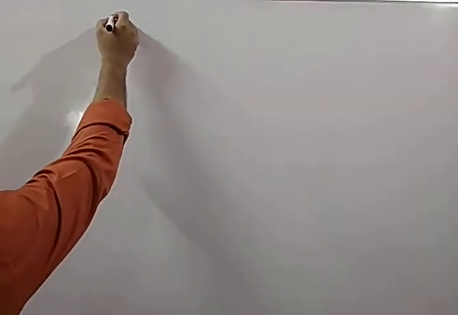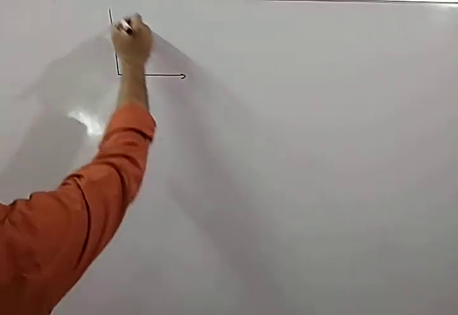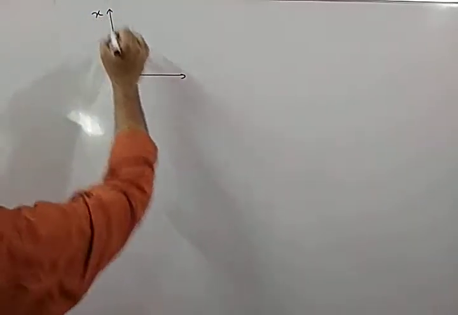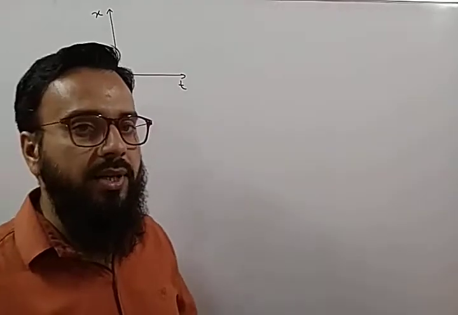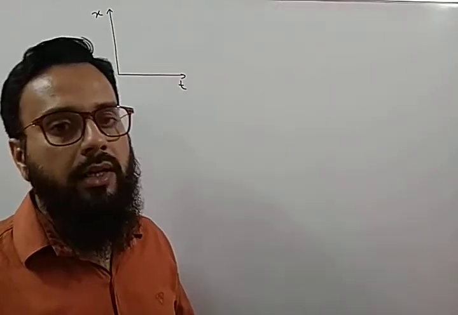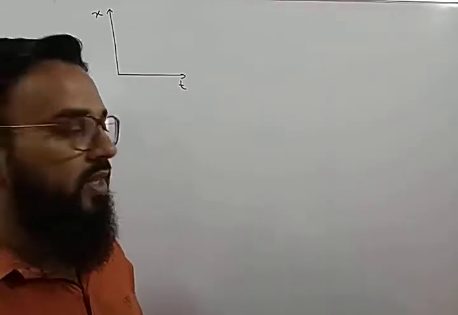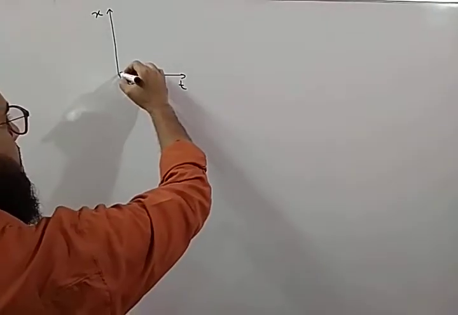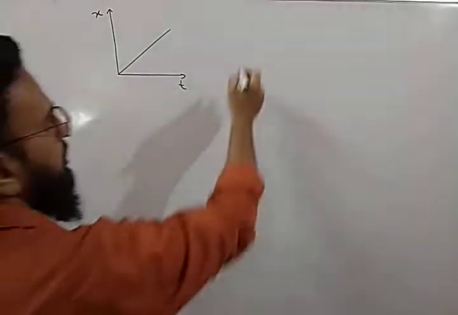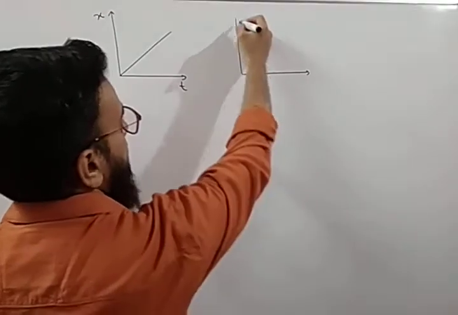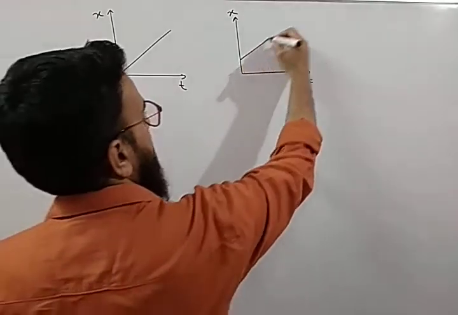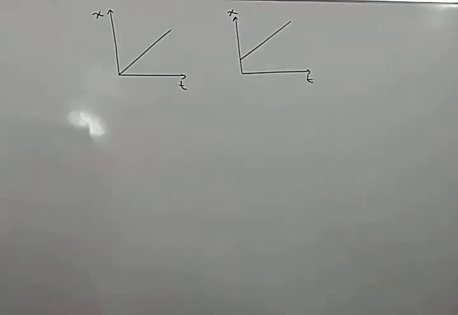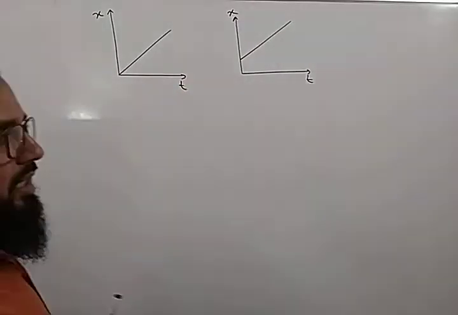So I have drawn the position-time graph of uniform motion. Position was taken by x, time was t. For uniform motion, the body covers equal displacement in equal intervals of time and the velocity remains constant. So the graph looks like a straight line passing through the origin, or it may be like this. If the particle has initially traveled some displacement, then it will be a straight line from this point. We have discussed these two graphs in our previous video.